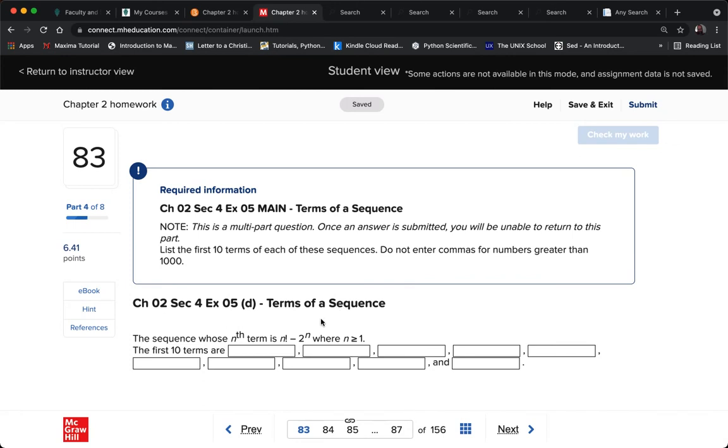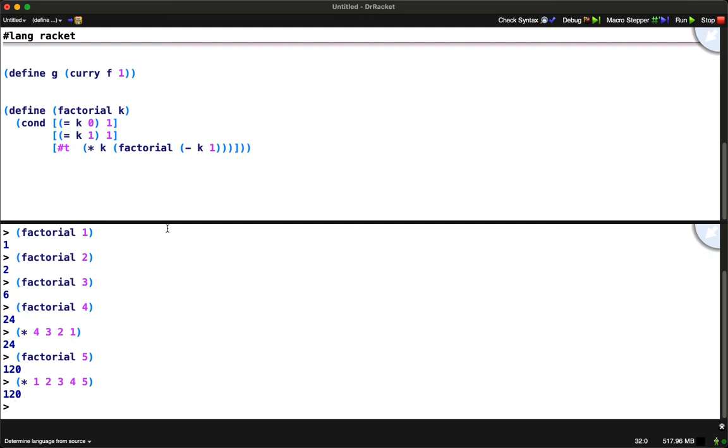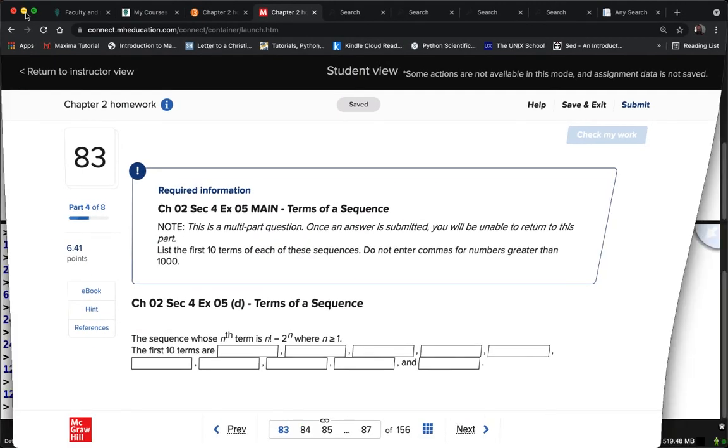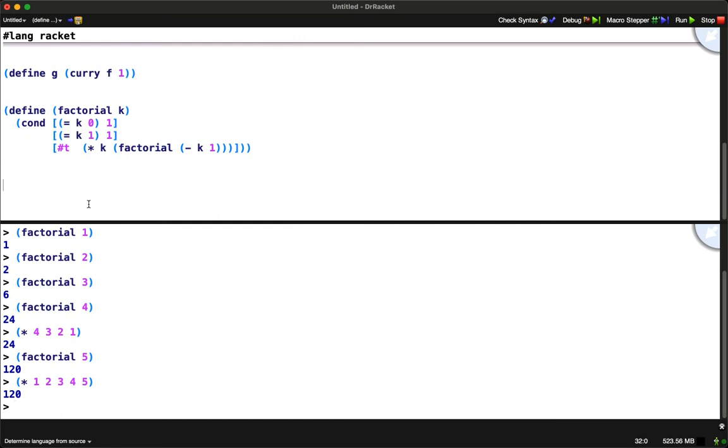So the function is n factorial minus 2 to the power n. And this is problem 83. So define problem 83. Instead of k, I'll use n. It doesn't matter. Pick a variable name to represent the number in the sequence, the index of the sequence that you're looking for. And so here, this is really easy. This is simply going to be factorial n minus